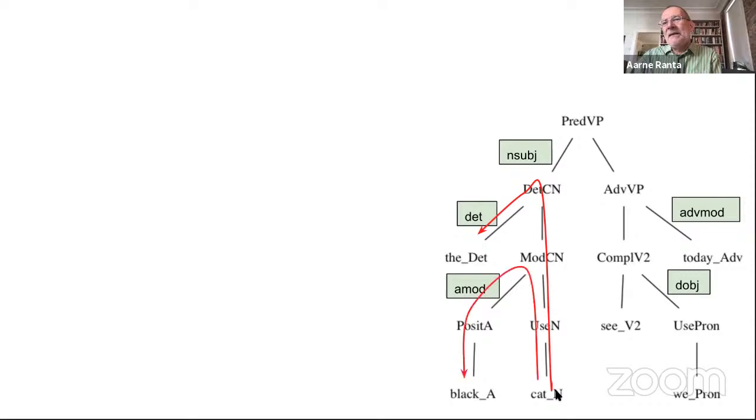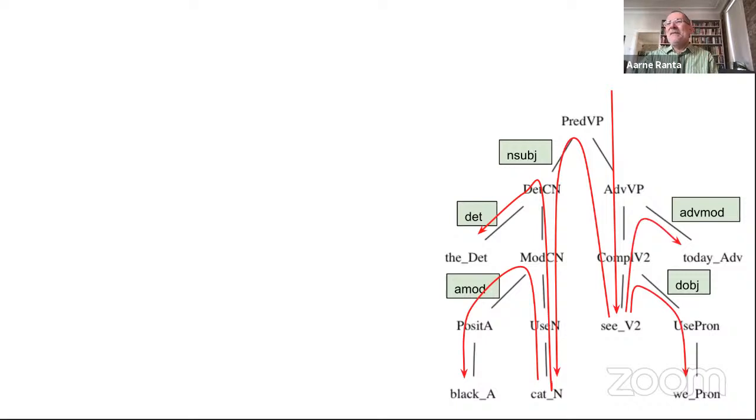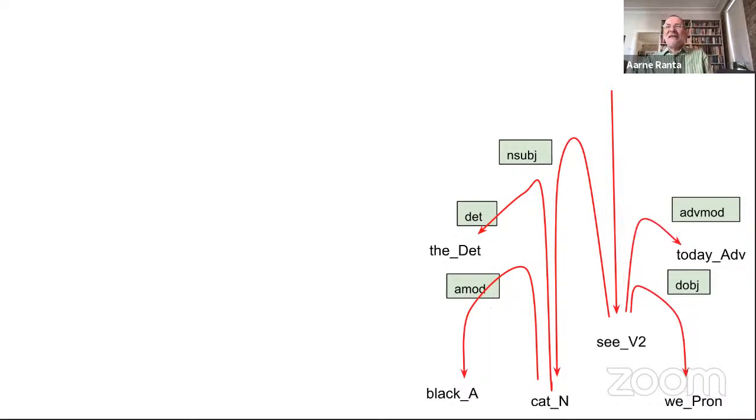The same thing with black. Then cat is the subject of C. And then when you go up from C, you don't find any label, so it goes all the way up out of the tree, the so-called root. Okay, so this is now the dependency tree, and now you can throw away the GF structure, and what is